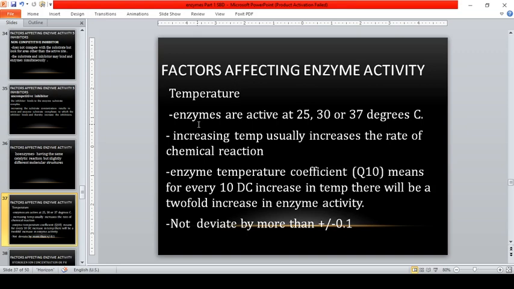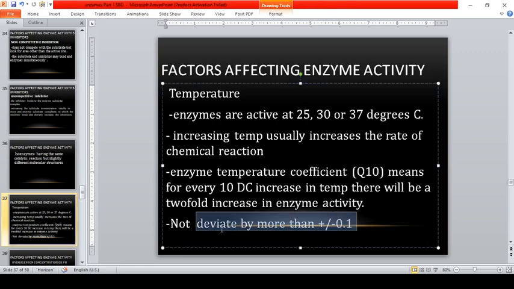Okay? So, enzyme temperature coefficient means for every 10 degrees Celsius increase in the temperature, there will be a twofold increase in the enzyme activity. So, for example, 30 degrees Celsius, in-increase mo siya by 10 degrees Celsius, magta-times 2 yung enzyme activity. Okay? So, in laboratory, especially in machines, the temperature must not deviate by more than positive or negative 0.1